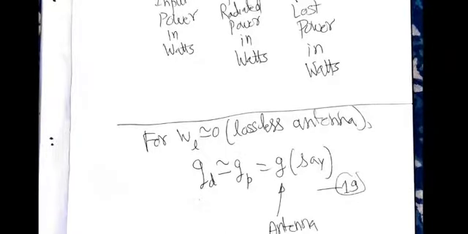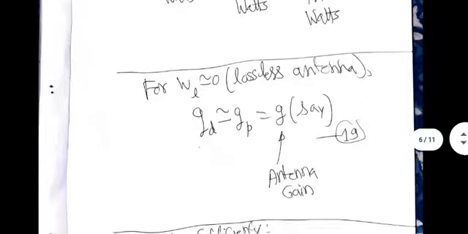Which actually is given a common symbol G, which is known as antenna gain. Antenna gain means we are ignoring losses, and whatever is the value of GD or GP, that is antenna gain. So remember, antenna gain, directive antenna gain, power gain, and directivity. These are 4 different terms which you will encounter when describing antenna gain. In fact, most vendors simply say antenna gain. That's it. That means they are not worrying about losses in giving you that number.